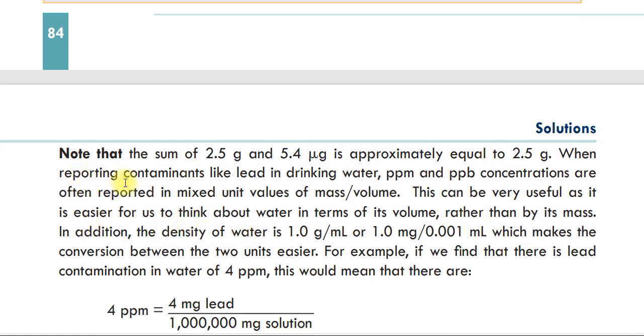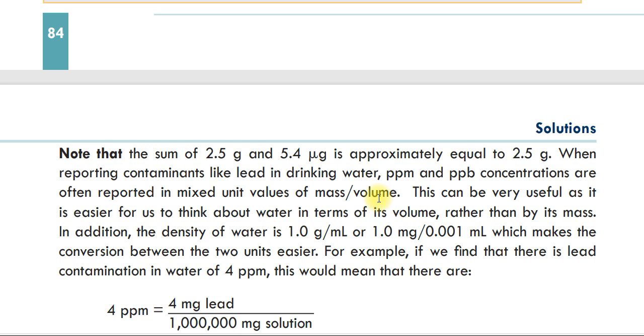When reporting contaminants like lead in drinking water, ppm and ppb concentrations are often reported in a mixed unit value of mass per volume. እንግዲህ ግራውንድ ዋተር ወይም የከርሰ ምድር ውሃ ሊድ ሊዝ ይችላል ኦር ሌላ ኮንታሚኔተሮች ሊዝ ይችላል ሪፖርት በመናረግበት ጊዜ ወይም ውሃው ተበክሎ ከሆነ ሪፖርት በመናረግበት ጊዜ ምን እንጠቀማለን ppm ወይም ppb እንጠቀማለን ስለዚህ this is the way